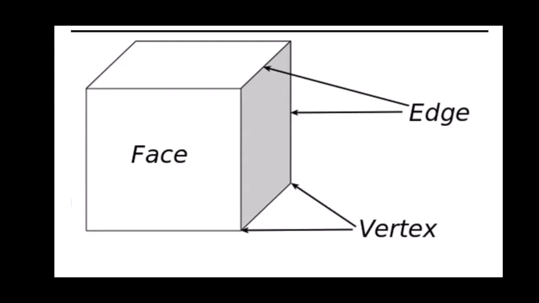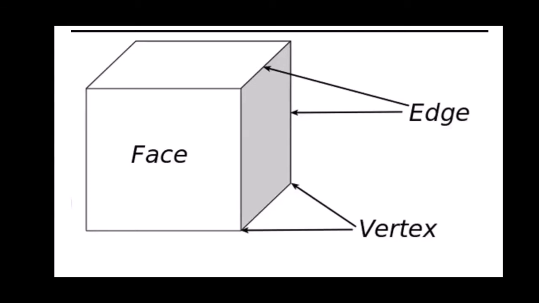See, in 3D shapes you will be having face, edge and vertex. When we say it in plural form, we will say faces, vertices, edges. Students, face means what? A single flat surface is called a face.